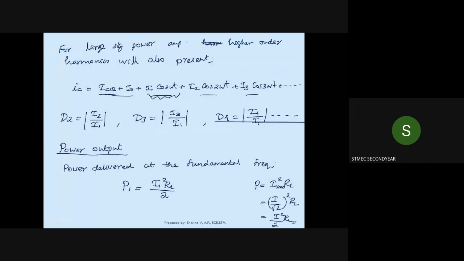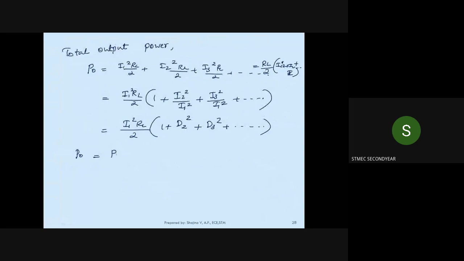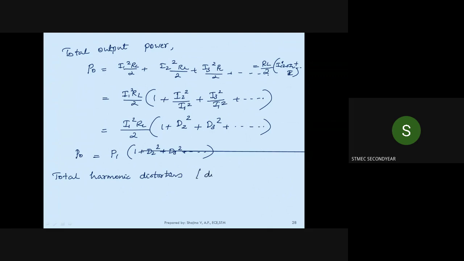That is power delivered at the fundamental frequency, I1 square RL by 2. So P out is equal to what? P1 into 1 plus D2 square plus D3 square plus etc. Okay. So this is output power and total harmonic distortion. Total harmonic distortion or distortion factor is given by, it is actually total harmonic distortion is